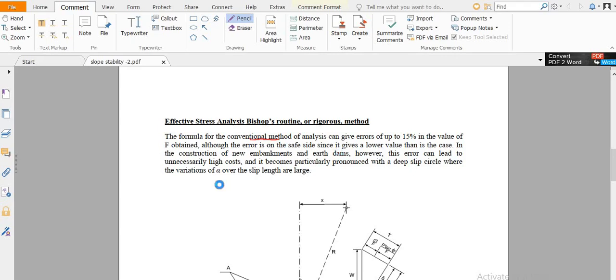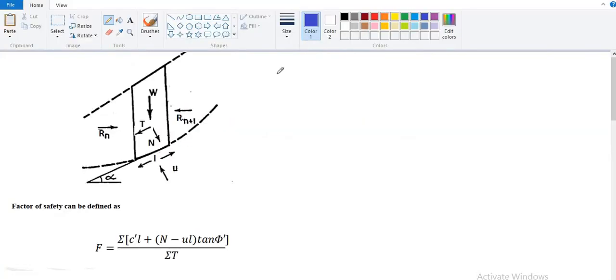So if you look at this, it is again the free body diagram. You can see this is the equation that we obtained. I'm going to say this is equation number one, and if we take the whole set of slices, that's why we have this sigma sign. And if we take only one slice, we know the factor of safety is something like this: